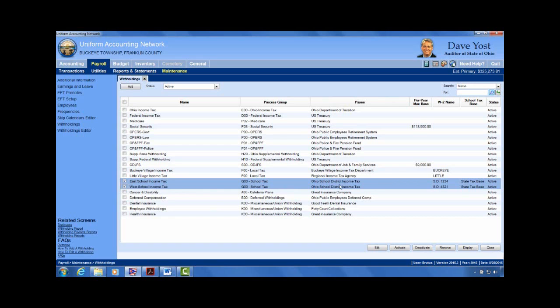Well, you withhold from your employee, you deduct a certain amount from your employee's check, and then you pay a vendor, an agency, and that's going to be the name. In this case, it's the Ohio,